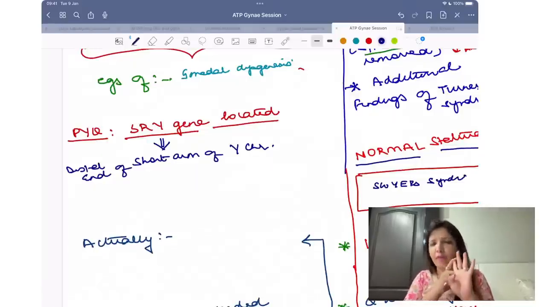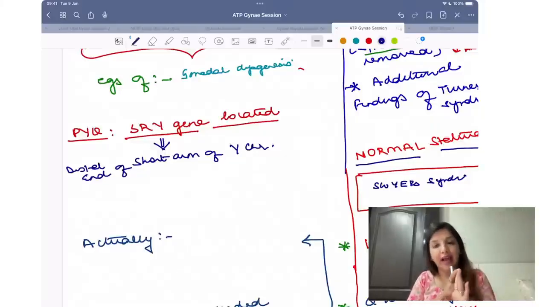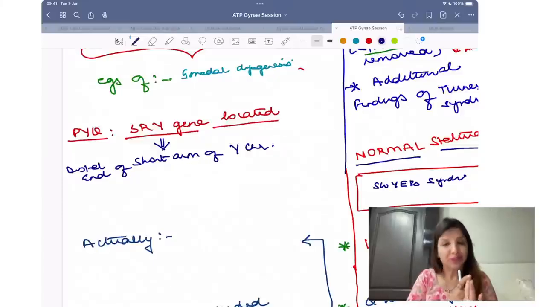Cryptomenorrhea की patient में हमेशा दिया होगा cyclical pain in abdomen. Cryptomenorrhea की patient में breast development normal होगा, pubic hair normal होगा, LH FSH normal होगा. Kallmann syndrome की patient में दिया होगा LH FSH decreased, anosmia. And Kallmann syndrome की patient में height of the patient normal, right? क्योंकि LH FSH decreased है, so breast development would be absent, right?